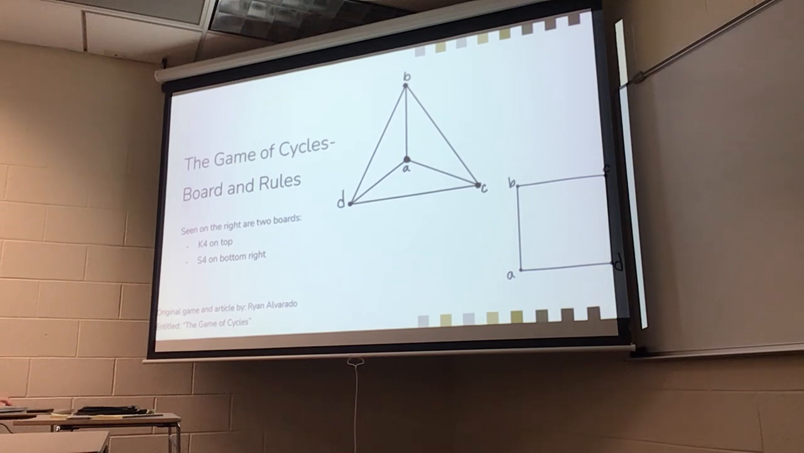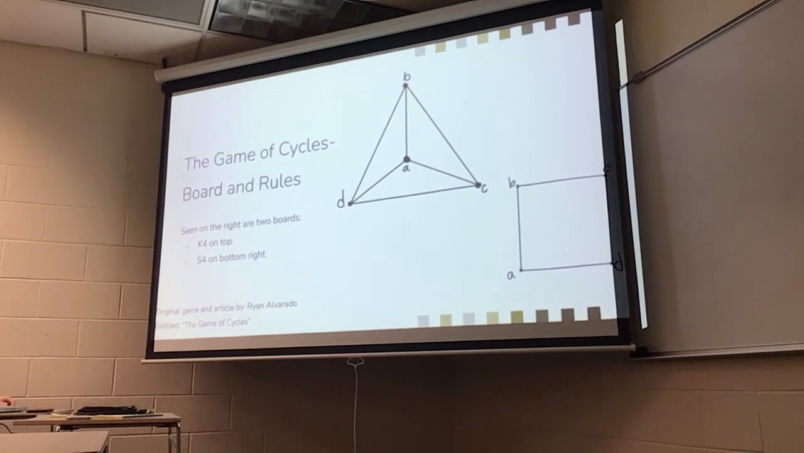So it starts with a board. I am going to talk about this board right now, just because my whole presentation is based on it. It is called the K4 board, because there are 4 vertices here. Traditionally, in the original article, 2 people take turns drawing arrows on these lines. So if this is my board, and player 1 goes here, player 2 goes here, whatever it is,